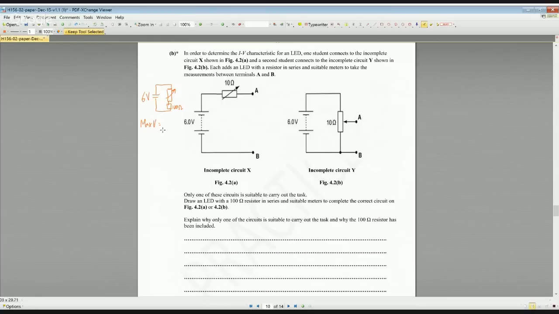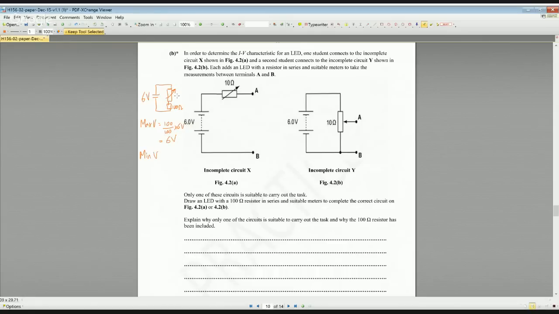So that means that your potential divider circuit would have you saying that 100 divided by 100 multiplied by V in, which is 6 volts. And that obviously gives you 6 volts. So the maximum voltage you can get from this arrangement is 6 volts. So that's fine. That's exactly what we want. However, the minimum voltage